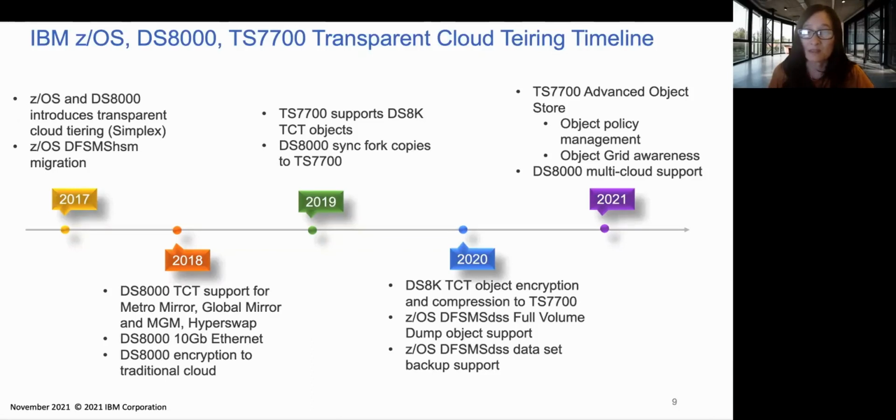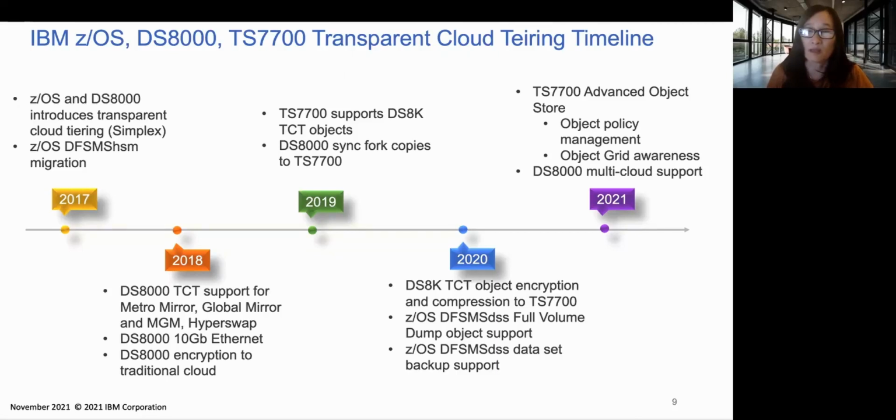DFSMS DSS introduced full volume dump support and also dataset backup support. And then this year, what we're working on right now is advanced object store. So this is going to be, instead of DS8000 regulating the copies, doing the fork copies, now the 7700 is going to take over